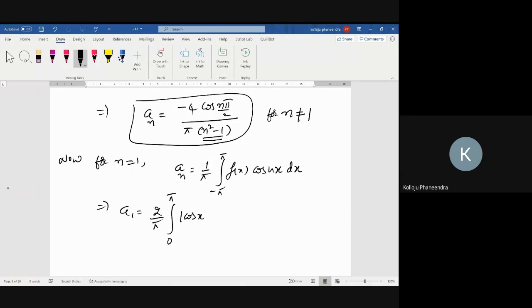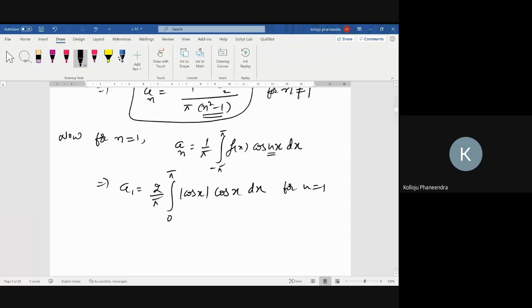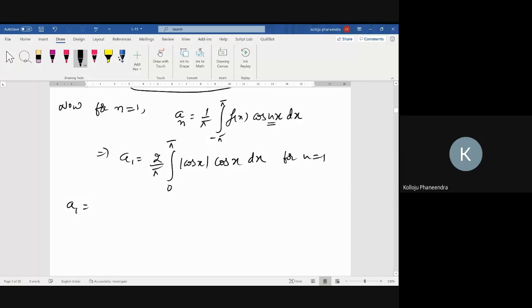This is mod cos x into cos x dx, cos x dx. This is for n equal to 1. Substitute n equal to 1. Okay. Now again, same procedure as per the behavior of mod cos x. Split the interval into two parts, 0 to pi by 2. This is plus cos x into cos x dx, plus over pi by 2 to pi, the mod cos x